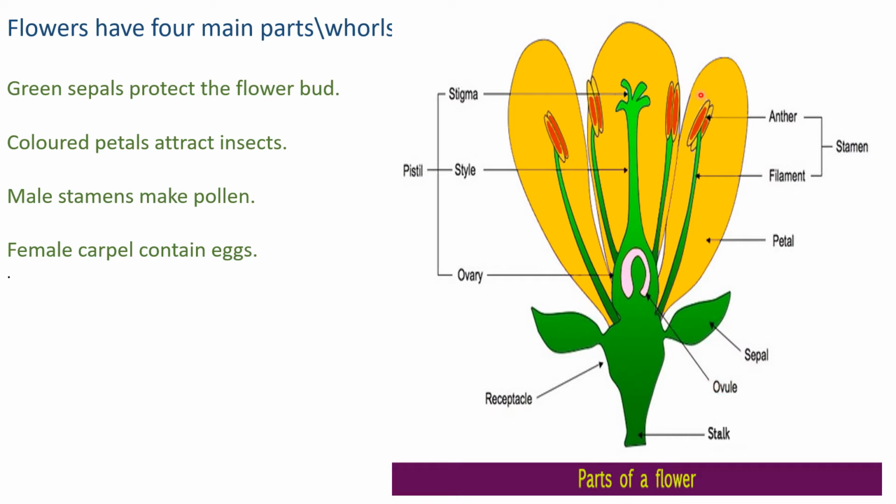The anther contains the male reproductive cells called pollen, with small pollen grains inside it, and the ovary contains the female reproductive cells called ovules. The process in which pollen from the anther joins with the ovules of the ovary is called fertilization. When the pollen from the anther of the stamen joins with the ovules present in the ovary, it is called fertilization, and fertilization forms the seeds inside the ovary.